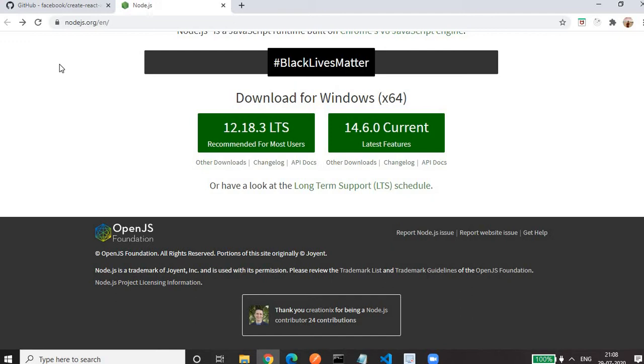So for minimizing this rendering time, React.js comes to the rescue. React.js is used for creating a single page application where, once the request goes from the browser to the server for accessing our application, it downloads all the required files from the server in one go. Whenever we request any other pages in that application, the request won't go to the server because all the files are downloaded.